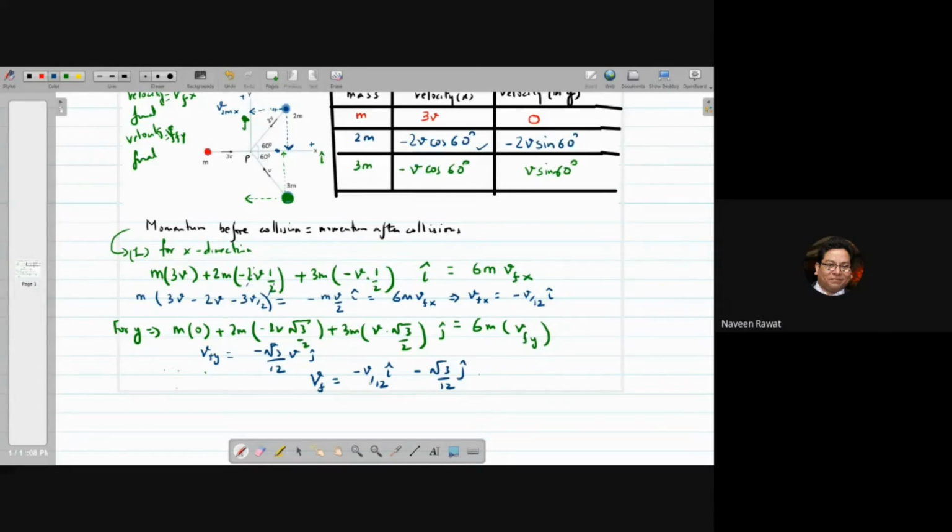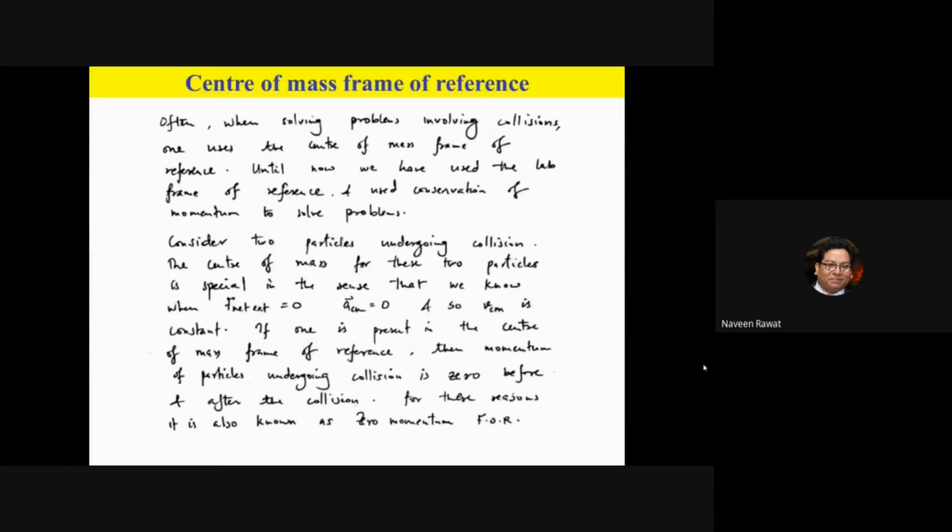Okay, so this is a typical example of a two-dimensional case where you have to just decompose the components. Until now, what we have done is look at the linear momentum of how objects are moving, its relationship to force, and we have also looked at different ways they are colliding.